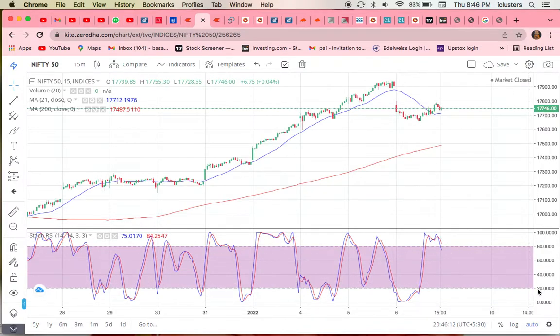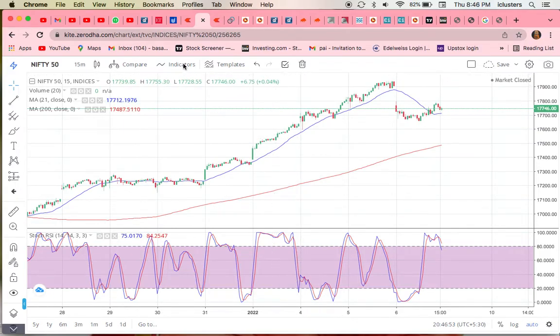Once price comes to the 20 line on this RSI indicator, that means it is already an oversold zone. The supply zone is completed, all are sold completely. Now buying will start from here. With stochastic RSI, when price is below, we need to take a buy entry from here. When it reaches this 80 line, we need to take a sell entry. Okay, this is how the RSI indicator will work.